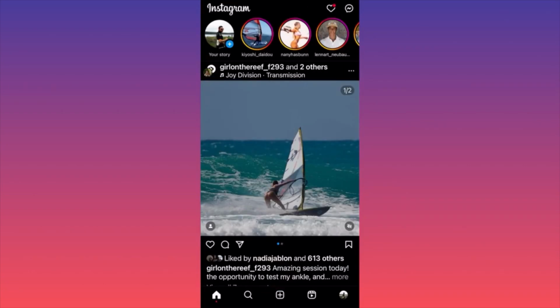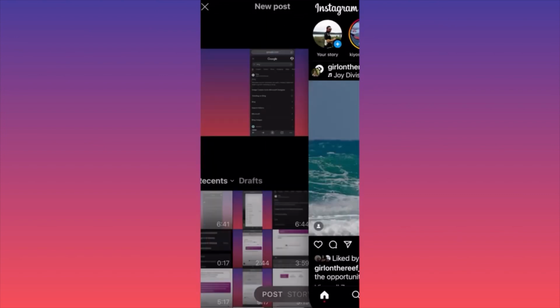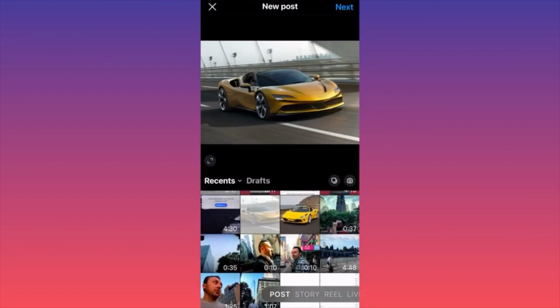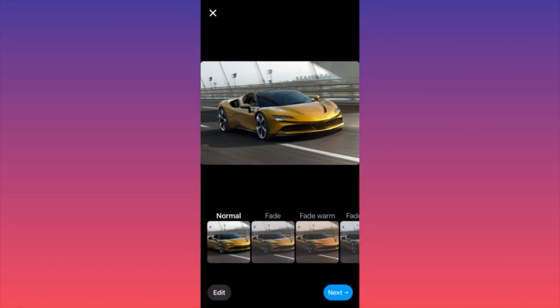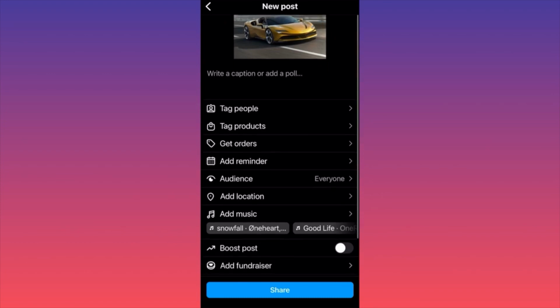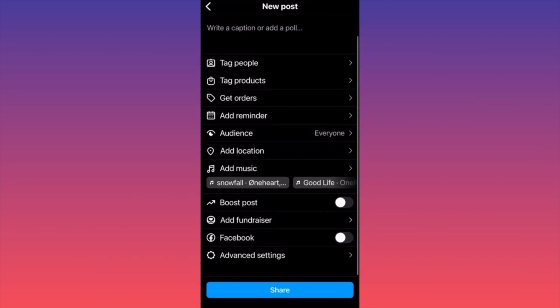In our example over here, first of all, we're going to create a small draft post by simply clicking on the lower center of the screen. We're going to pick a piece of content we want to upload. Then we're going to click next. Remember guys, this is a draft post, okay? So we're going to scroll to the bottom of the page and we're going to click add music.